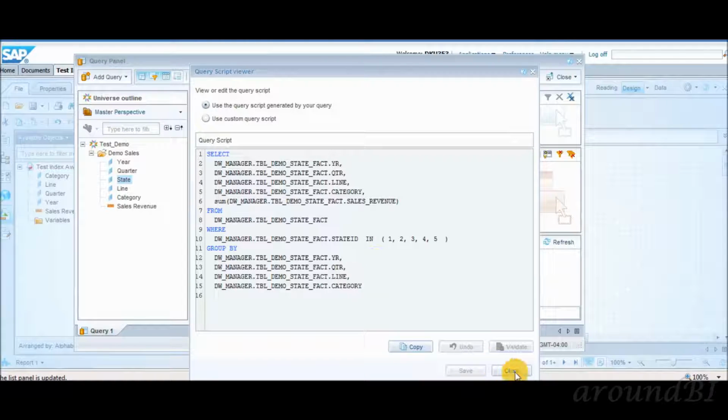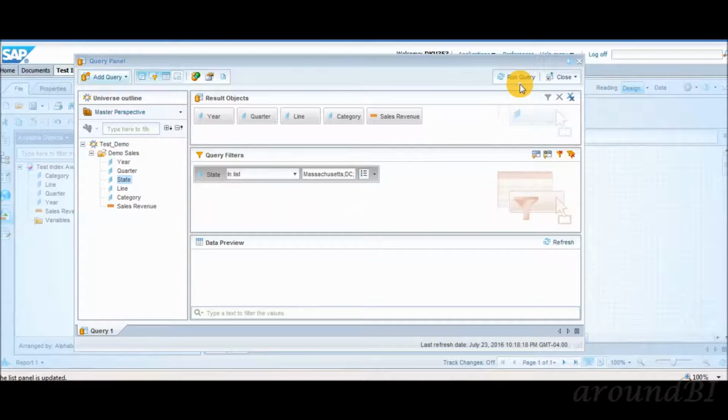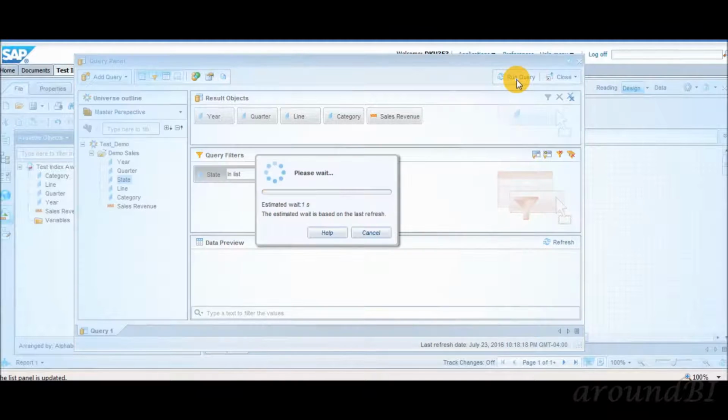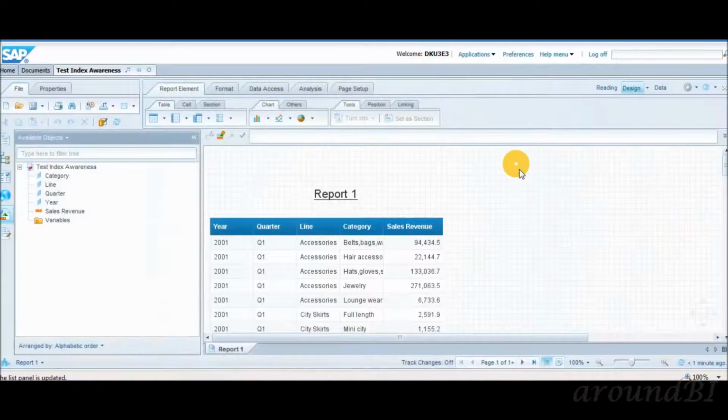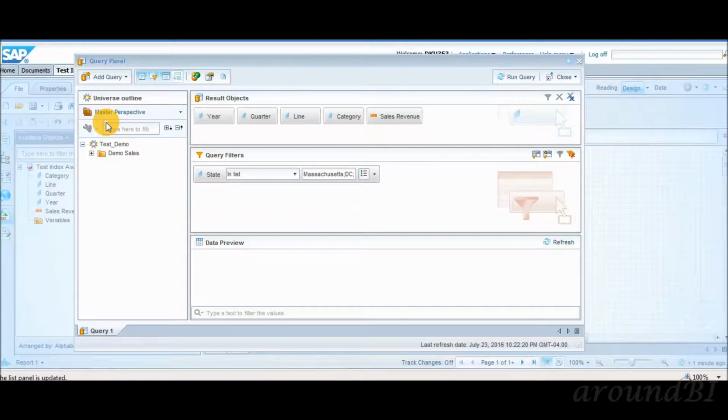Designer has applied the filter directly on the fact table by using the dimension table foreign key. This eliminates unnecessary and costly joins to dimension values. From the end user point of view, nothing changed. Same objects and text values as filter parameters, but query performance has drastically improved compared to the previous example. Do you want to see the magic behind it? Welcome to Around BI.